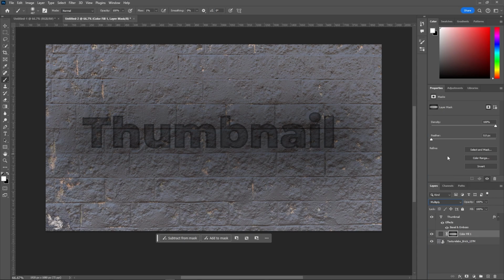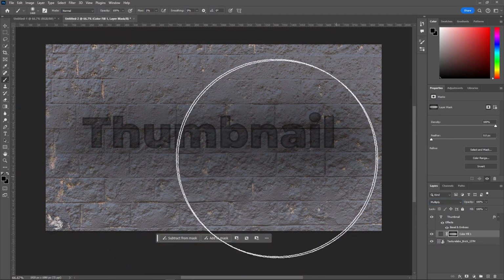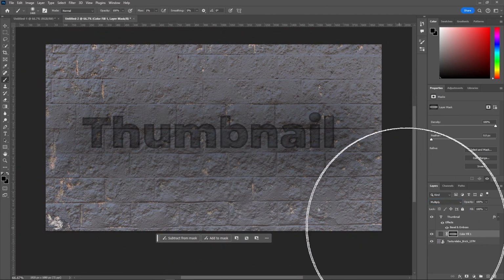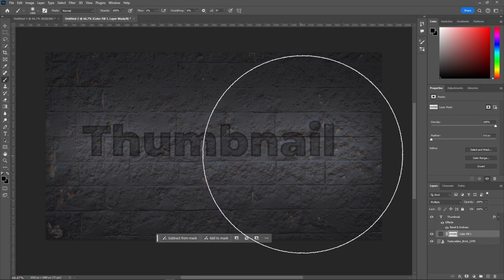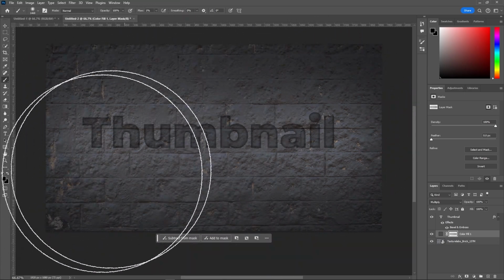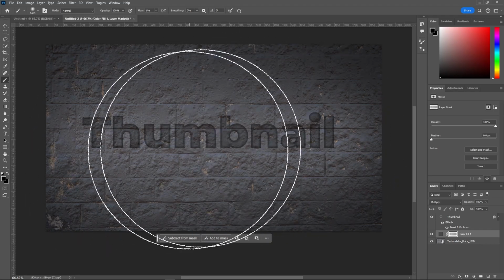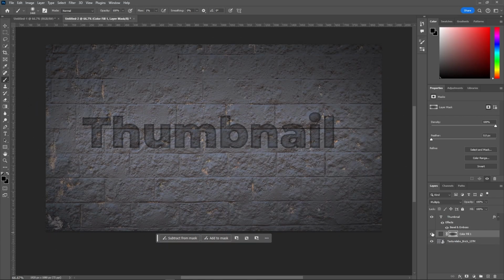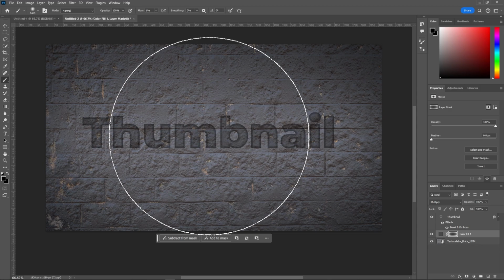Make sure to also set the blending mode of this layer to multiply, and if you've drawn over it in white and it's a bit too harsh, just go back over in black and it will erase it. Now I got something like this, and I'm going to hold Control or Command I to invert it, so it more highlights the text, and then I'm just going to draw over in black to erase it a bit more. And we can see that just adds a bit more depth to the image, and it makes it really fit